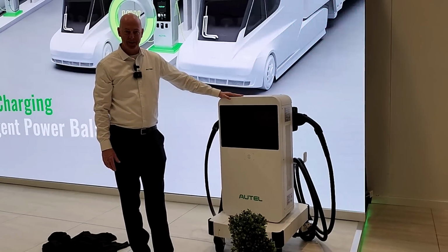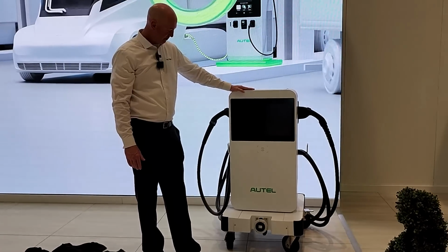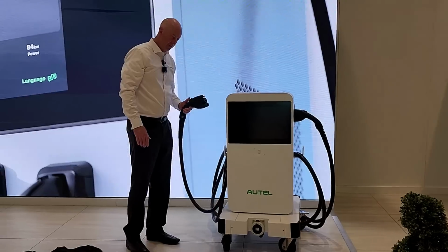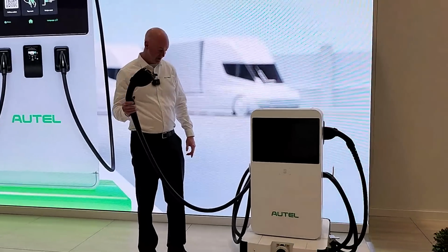Yeah, that's what I was going to ask you. I would imagine there might be different length cables, but it comes with a 30-foot cable. That gives you a decent amount of space to jockey the vehicles around and have them parked in different locations. Well, in addition to that 30-foot cable, you got another cable over here, so you can get